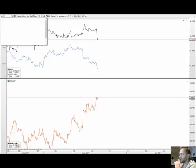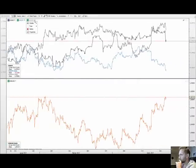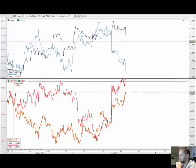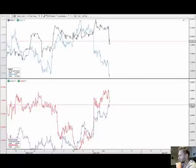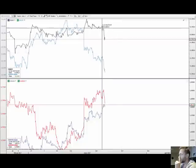So actually I will make an overlay chart with Aussie dollar. Okay, actually I will move this and compare it to euro dollar. Here below we have Aussie dollar. I will also change color just a second to make it more visible. Okay, so actually it's not a good color. Blue. Okay, so here in blue we have euro dollar, and here in red we have Aussie dollar, and you can actually see that Aussie dollar, Australian dollar, sold off at the same time as we have seen reversal